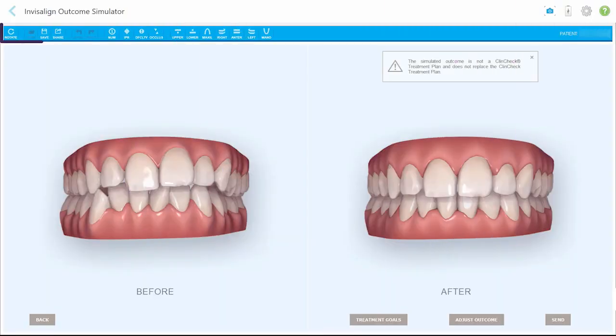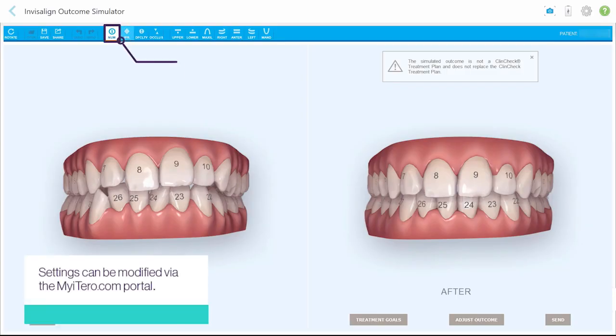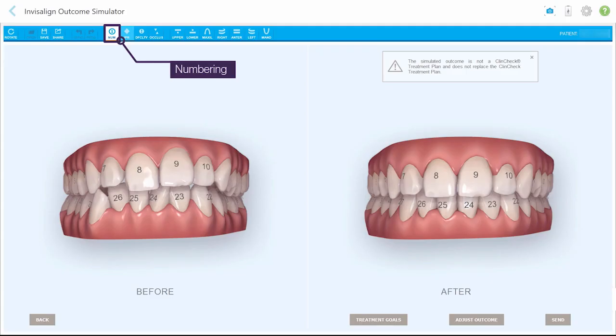The upper toolbar includes multiple viewing options and features for highlighting different types of information. Use the 3D Model section tools to control the display of information on the patient's model. The Number tool allows you to hide or display the tooth numbers. The numbering system is determined by the setting in the scanner under the arch settings. The options include the Universal, FDI, and Palmer tooth numbering systems.